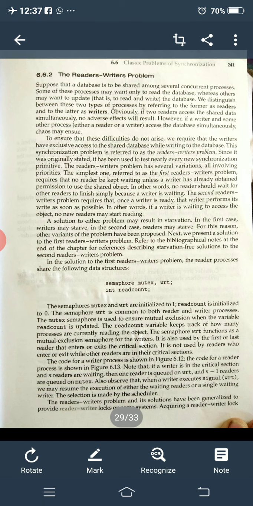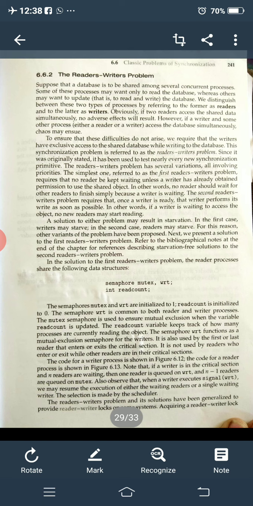Okay, next one is the first writers readers problem, or you can say the second readers writers problem. Here the writers are given the chance first to modify the data, and till then the readers are kept waiting. After the data is modified, it is given to the readers.